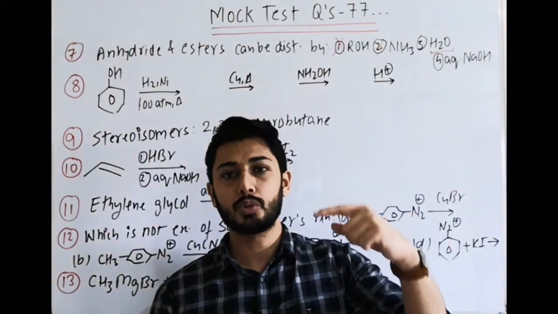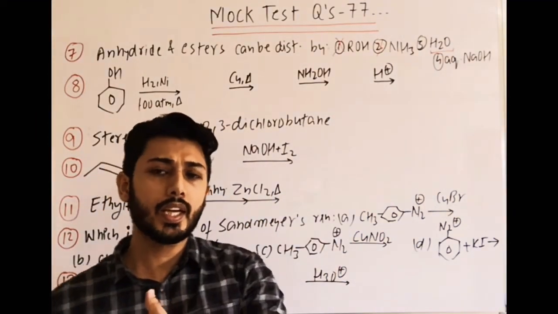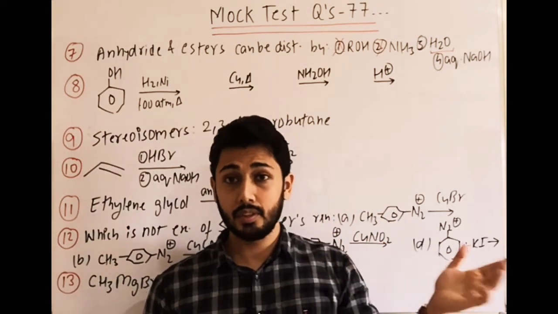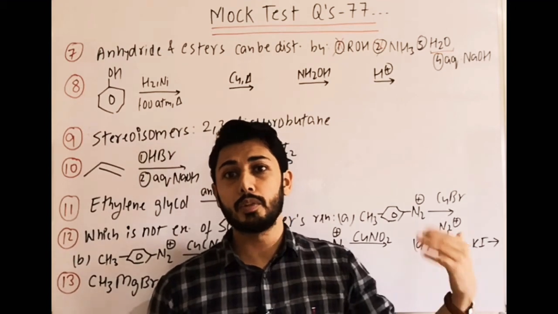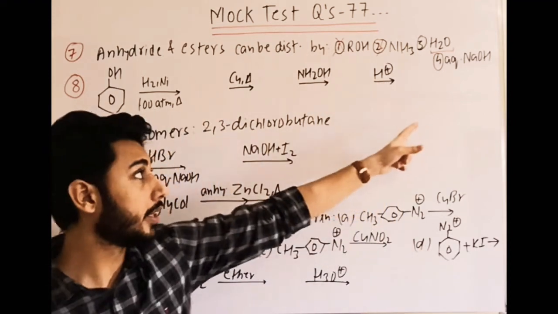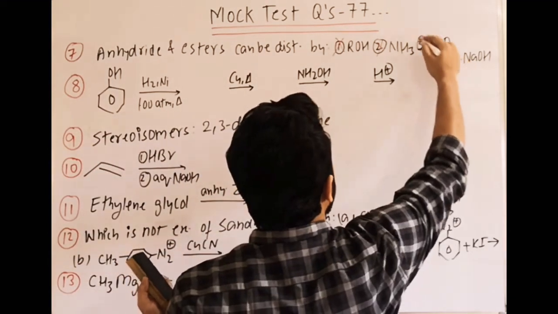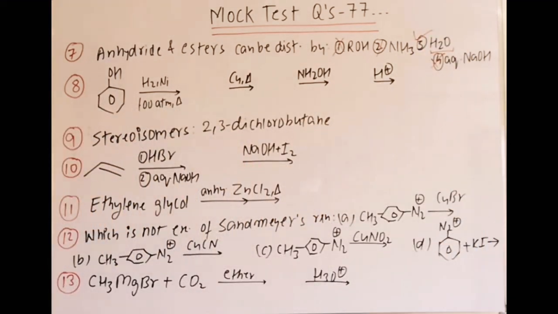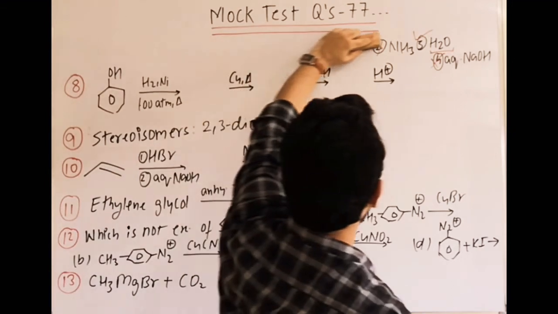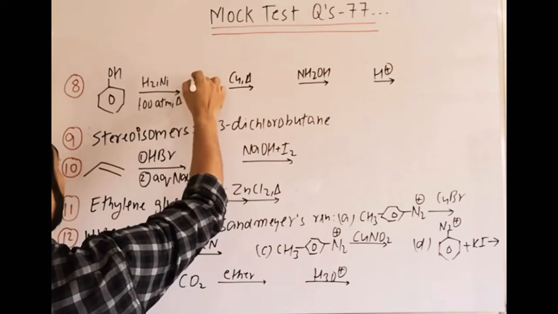Now among these options, only with water, ester will not give this reaction easily. Anhydride will easily form acid, and that acid will give the litmus test, turning blue litmus to red. That means the litmus test will be given by anhydride after treating with water, but ester will not give this test easily. So among them, the best option is with water. Okay. Then next question, phenol with catalytic hydrogenation gives reduction, that is it gives cyclohexanol.